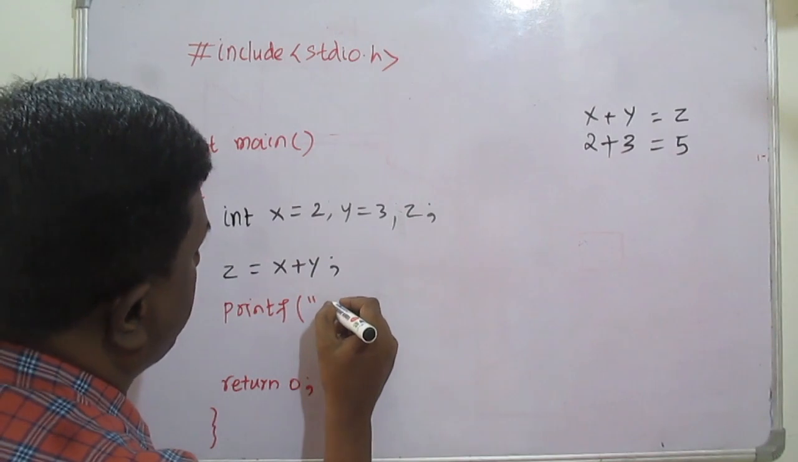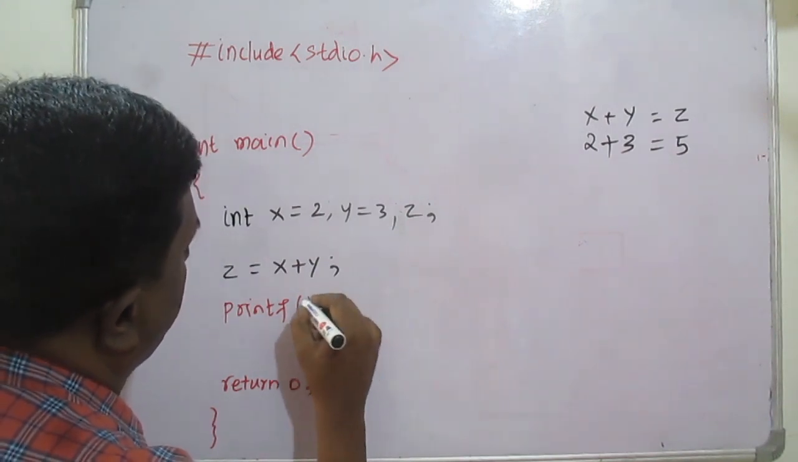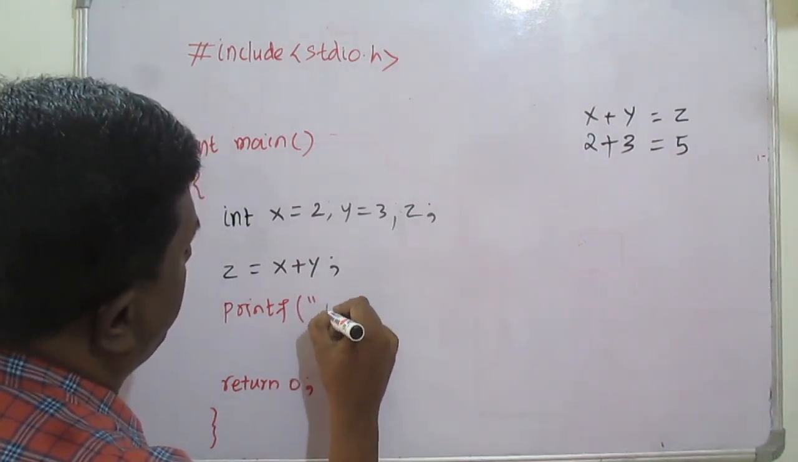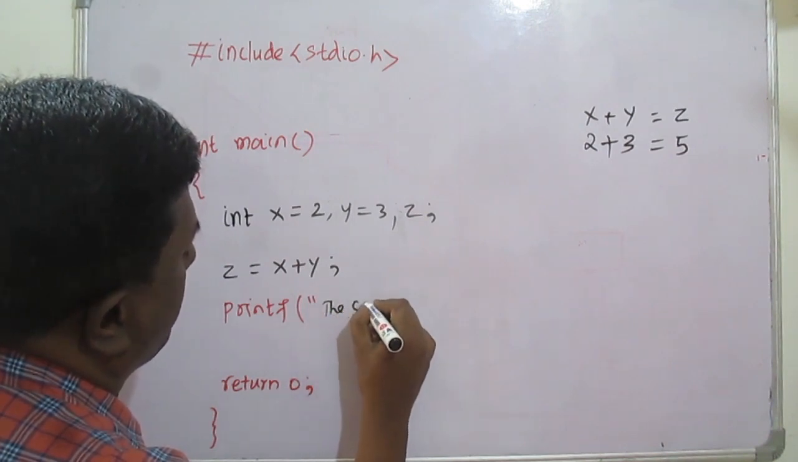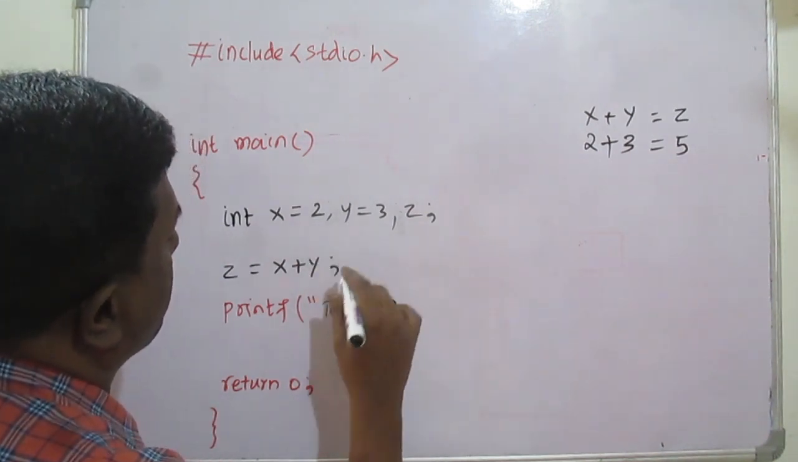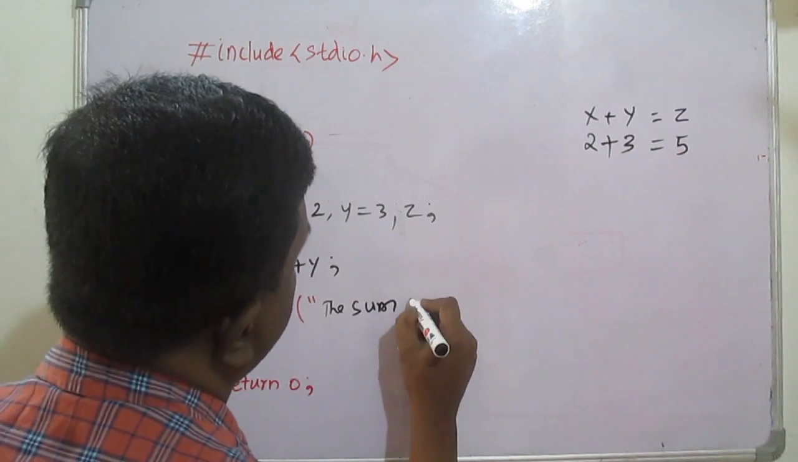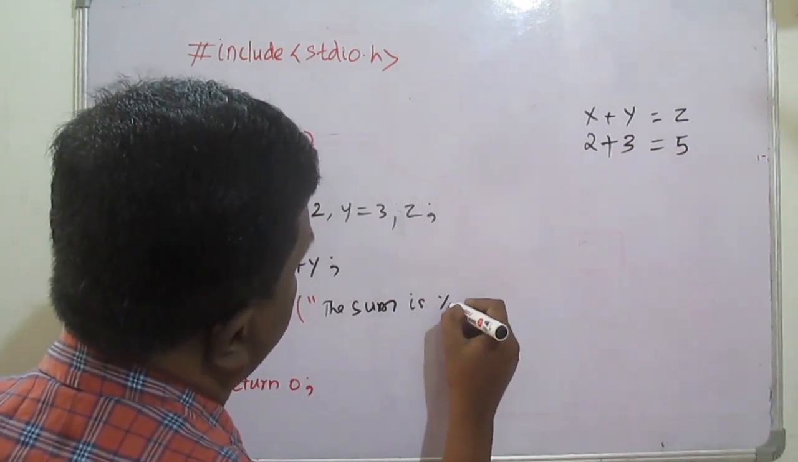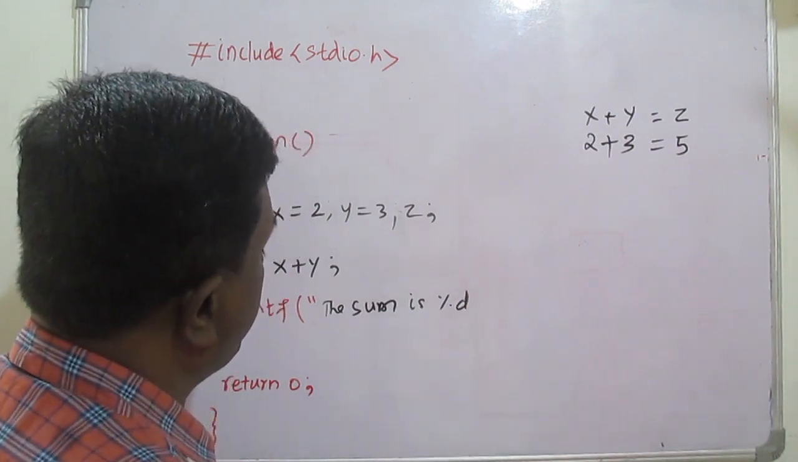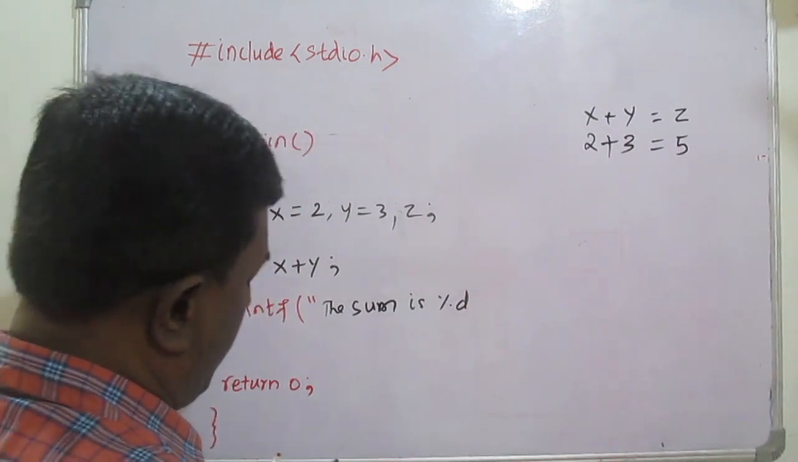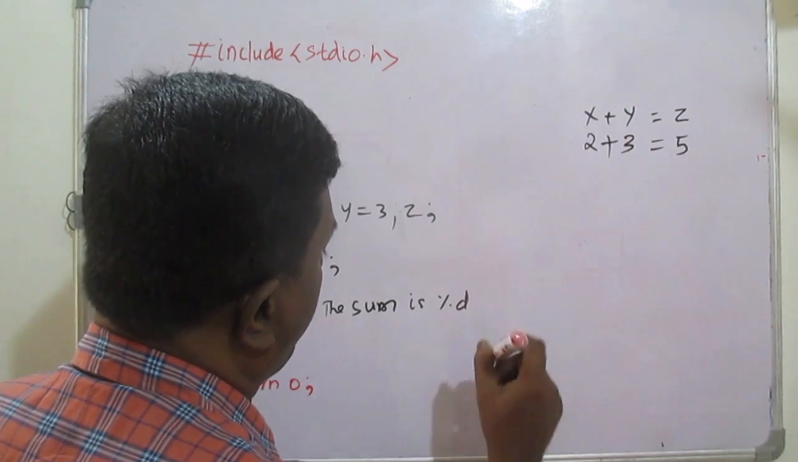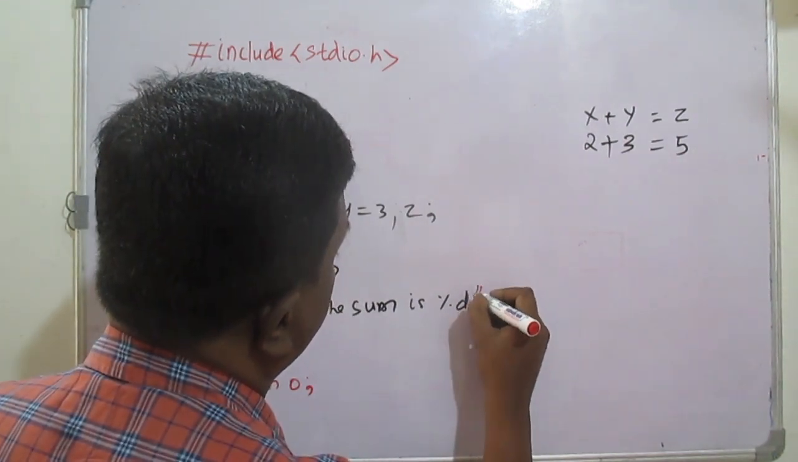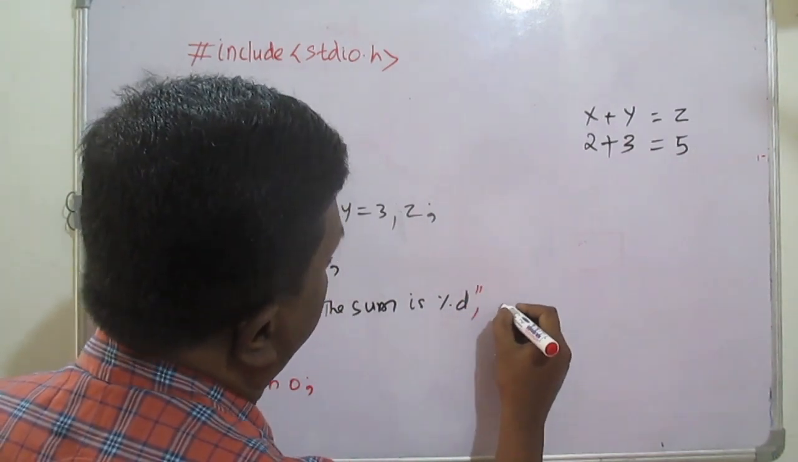So let's see. Okay, so the sum of the two numbers, because we are going to add two numbers. The sum is okay, so we can just say the sum is percentage d. Okay, so what we say, the sum is percentage d. Then immediately after that we have to close this, then comma, we have to put the